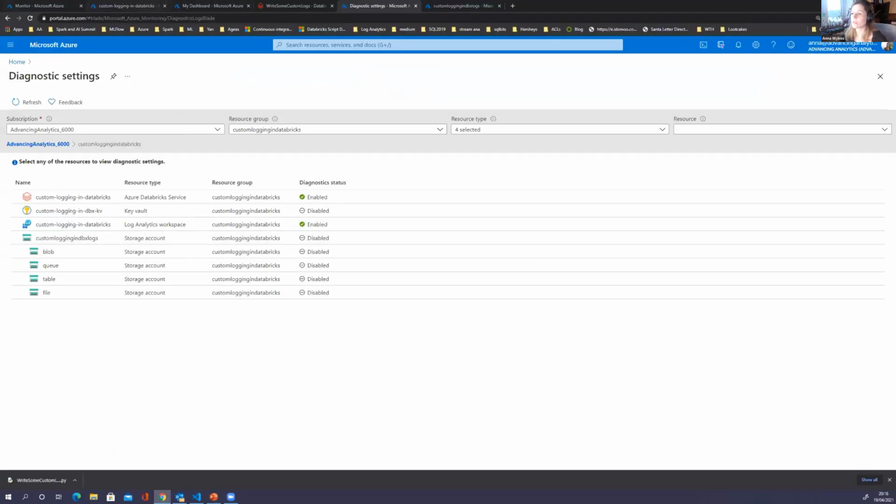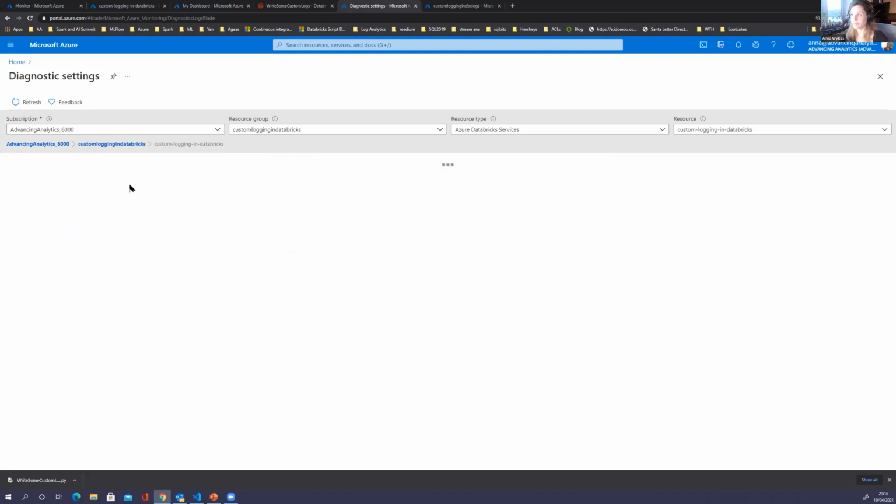So to create the connector between your Log Analytics instance within Azure, so this is the Azure portal. To create that connection, you go to diagnostic settings, then you can filter by your subscription and your resource group. I've set up my own little resource group here for this demo, custom logging in Databricks. And within here, I started creating some resources. And you can see here we've got our Databricks instance. How do we connect that up to Log Analytics? Well, you can literally go into it,